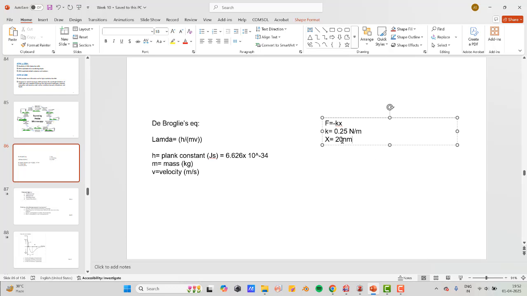Now you have to convert this into meters. Did you do that? I think this is a simple, straightforward question. So if I put it here,